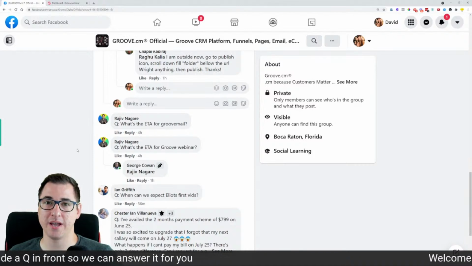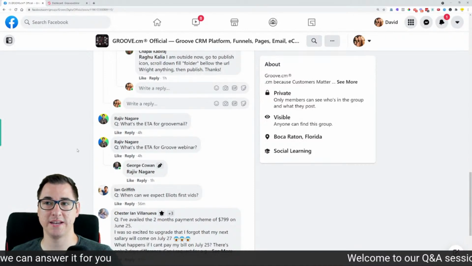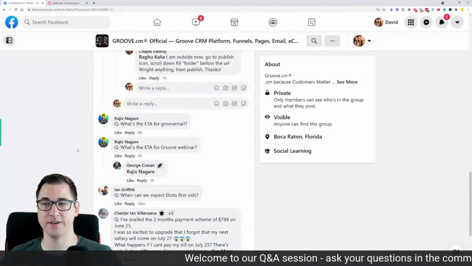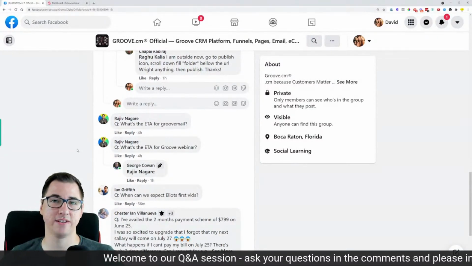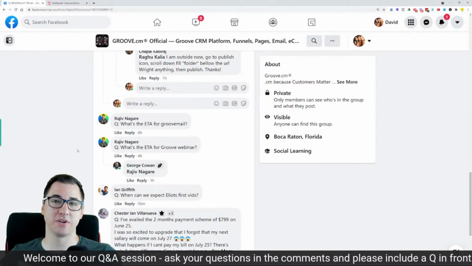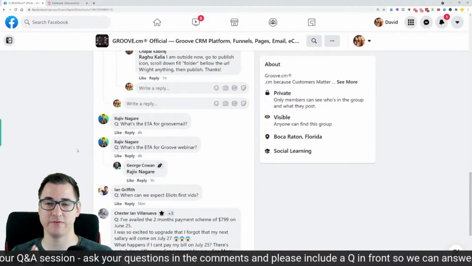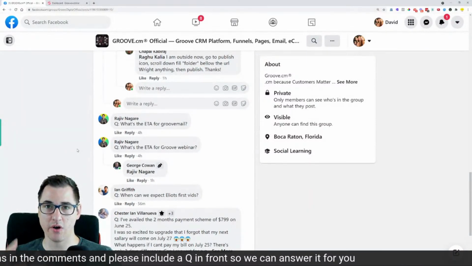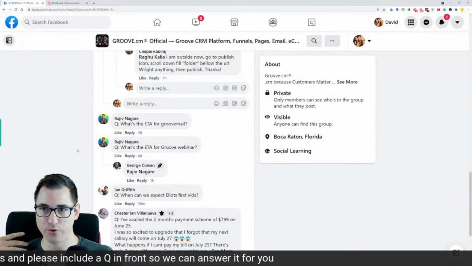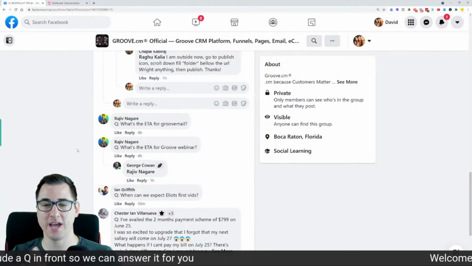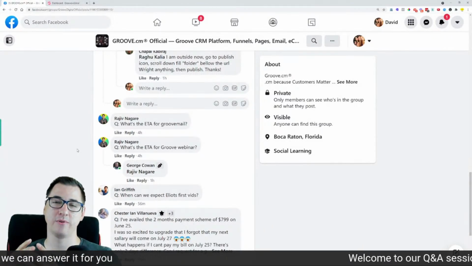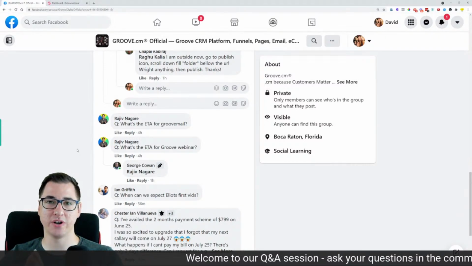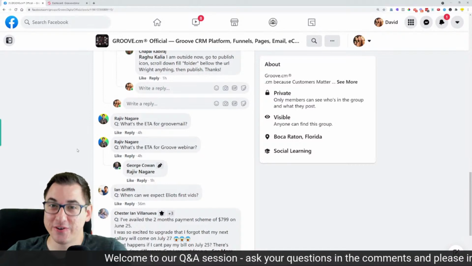So we will be doing a Groovathon with a different setup as before. Before we had different experts come on live and talk about their expertise, but this Groovathon that is starting from July 5th is going to be specific to Groove and the software of Groove. So we're going to go through the whole platform, showcase what it can do, what it will be able to do, and why we decided to create each and every one of those platforms. So it's going to be awesome.